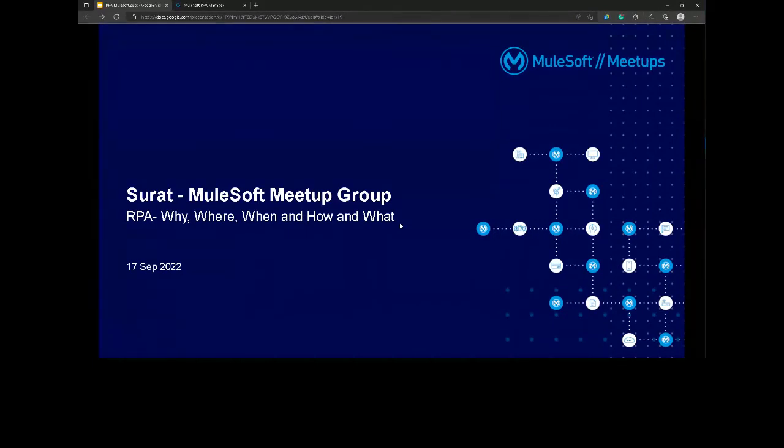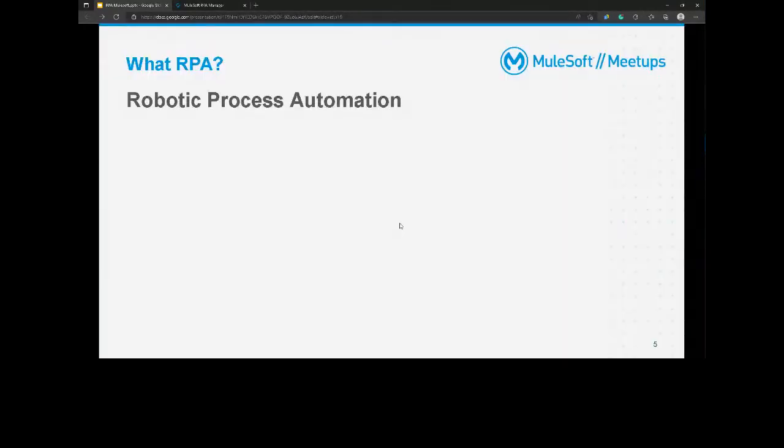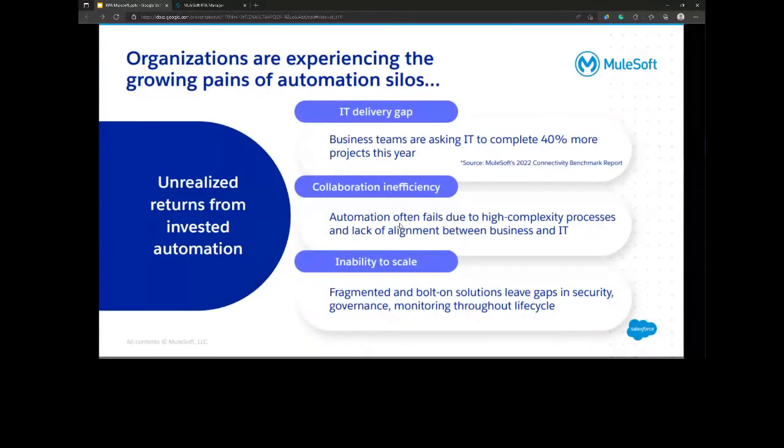And it's not that MuleSoft RPA is the first thing which has come into the picture. We already have other companies who brought their products, but somewhere it was not centralized. Things were scattered, and there were a lot of challenges around doing that RPA automation, right? So let's quickly see what is RPA. I told you what RPA is, right? What its literal meaning is.